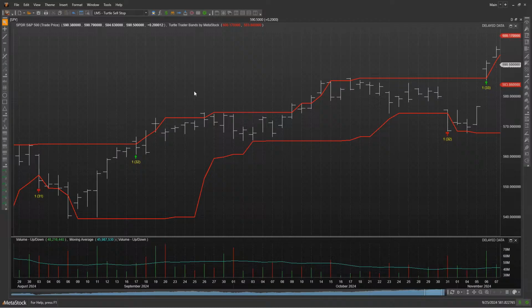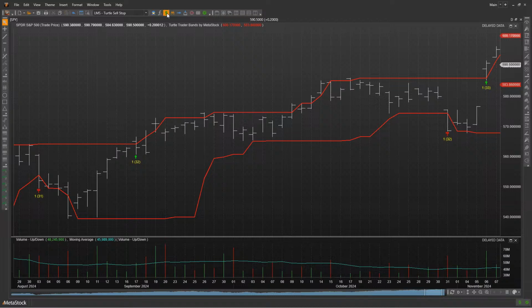But a lot of times when I'm working through these different systems, I've got a lot of different questions and a lot of different ways that I want to try this. And this is one of the advantages of going with Learn MetaStock, because this is the kind of stuff we do: we go into systems like this and try to see if we can make them a little bit better, or show you an easier or another way to use them.